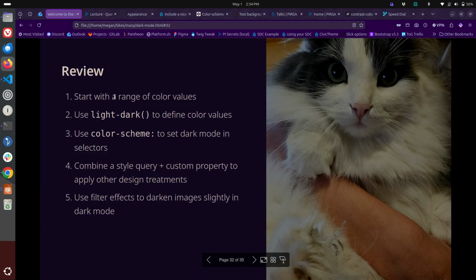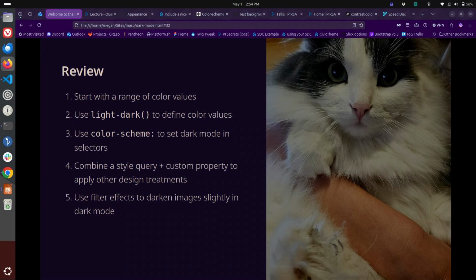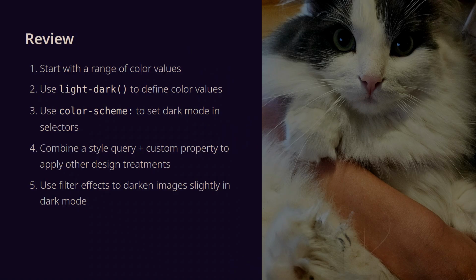So this is a little bit of review. We're going to start with a range of colors. You need a lot more options than you're going to need in typical website design. You want to make sure you have enough values to have enough contrast. You need a lot of neutrals, because you're always going to need a lot of different shades of gray or whatever your neutral is for different things. You're going to use light-dark to define your color values that will let dark mode pick the right one